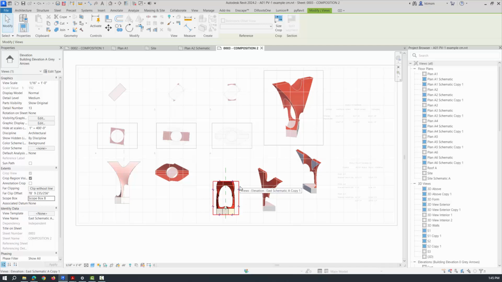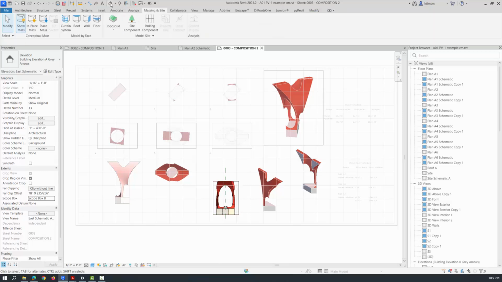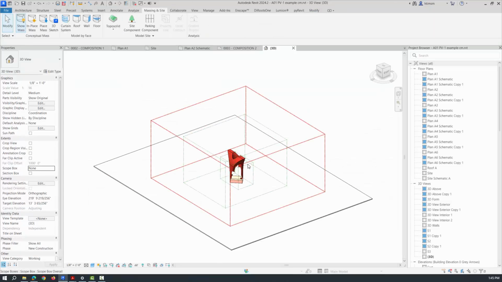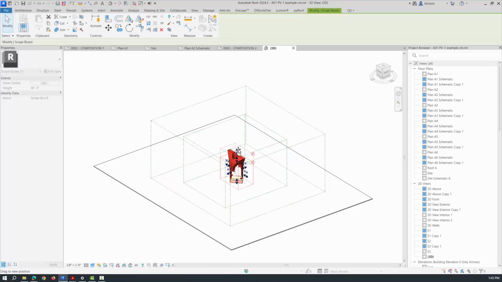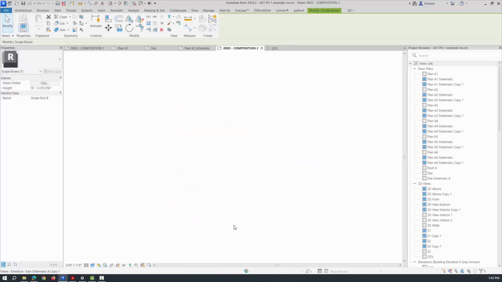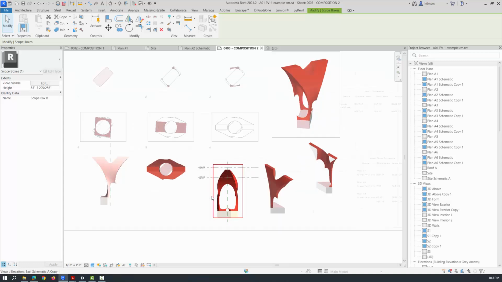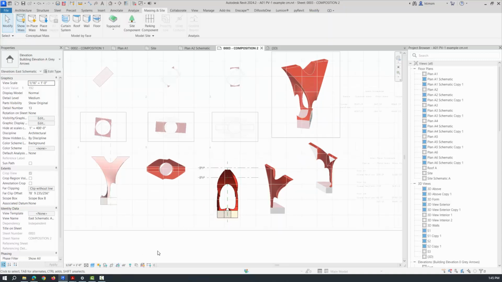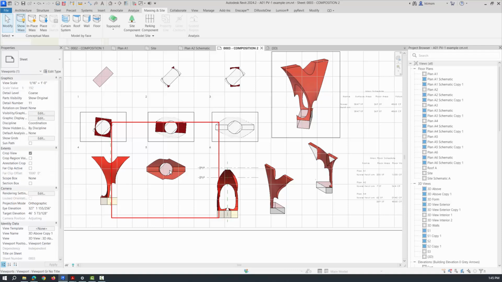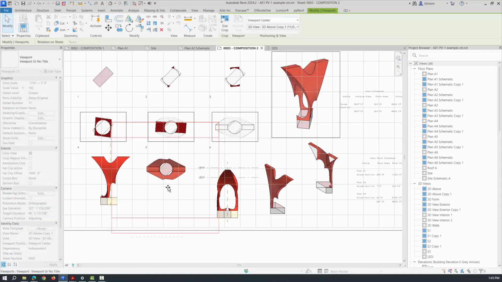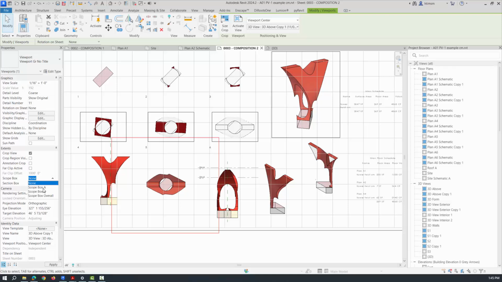It needs to be taller, right? So you could go in and actually go to your 3D view and grab scope box B and drag it up. And then if you go back to your composition page, that guy will be there, right? Can turn off that. And then we'll move this guy down and maybe set it to scope box B,